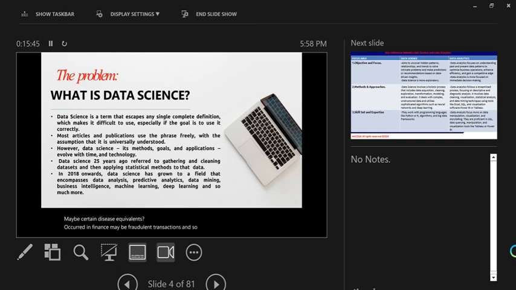Deep learning is part of artificial intelligence, whereby you are able to build models that are more powerful or robust and are able to do things like image analysis and so on. So in summary, data science is a discipline